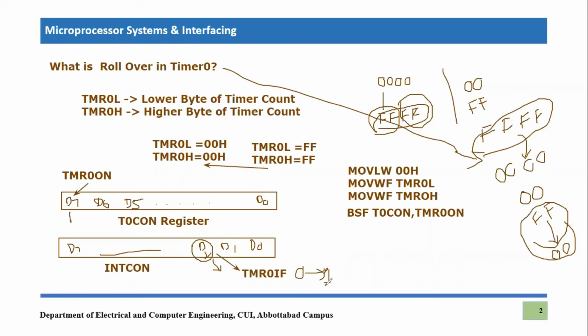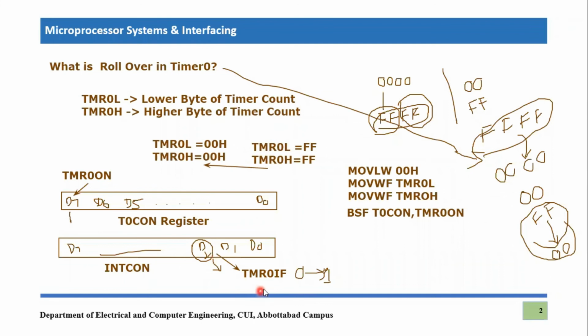This bit is very important, and since this bit is important, this register is also important. This bit will let us know when our timer is expiring. After starting our timer, how did we start it? Remember, we set BSF Timer0 control, comma, Timer0 on. So we set this bit of this register equal to 1, and the timer started, right? From 0000 hertz to whatever its maximum value. If it is 8-bit, it would be FF, and if it is 16-bit, it would be FFFF, right? So when this rollover happens, then this specific bit,